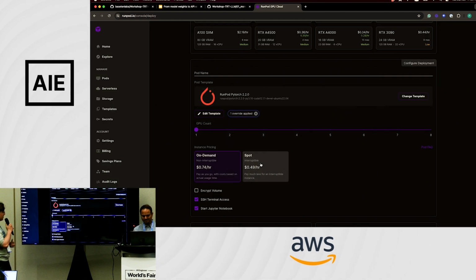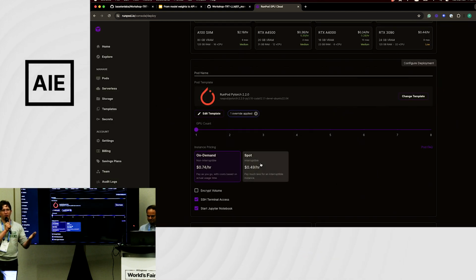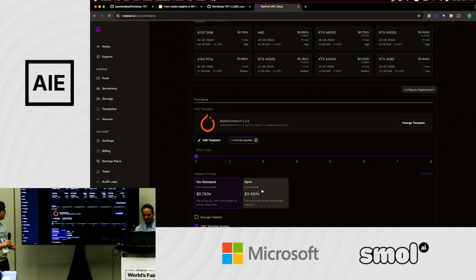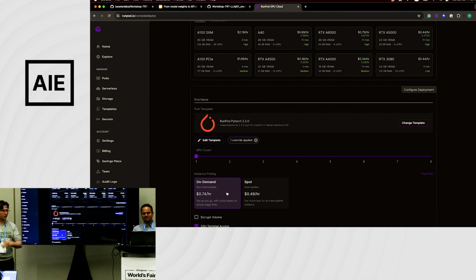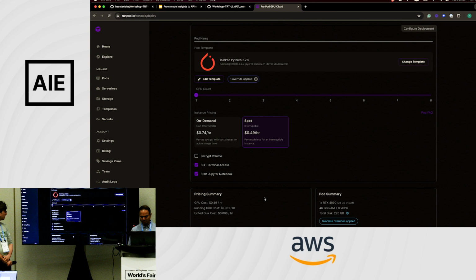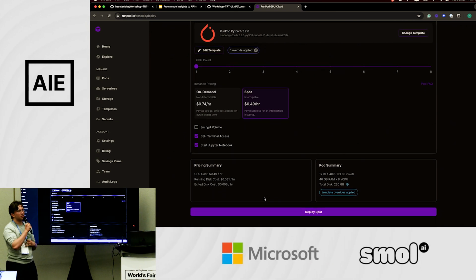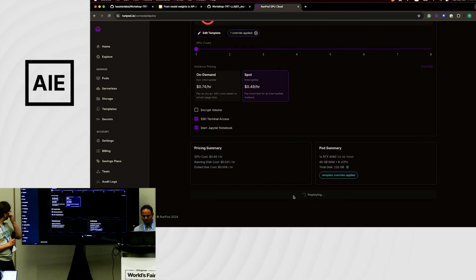We need more space because everything that we're installing and the engine we're building takes up a lot of gigabytes. Otherwise, we'll run out of memory, so it's safer. Even though these engines are small, engines in general can be very, very big. They can be hundreds of gigs. I'm going to pick on demand because I'm doing this demo and I don't want the instance to go away, but feel free to use Spot for your use case. You want to set the container disk to 200 gigabytes so that you have enough room to install everything. And then I'm going to deploy.